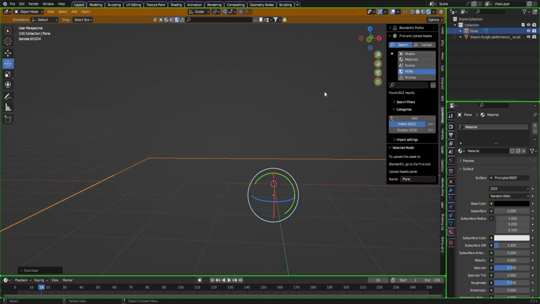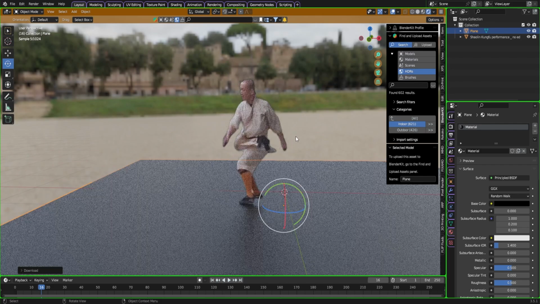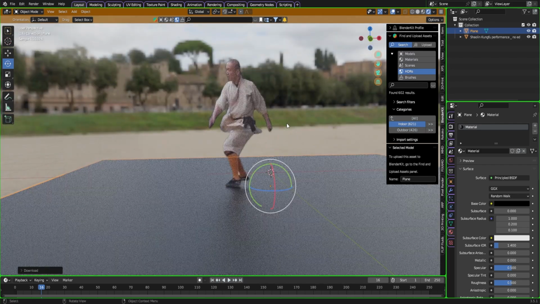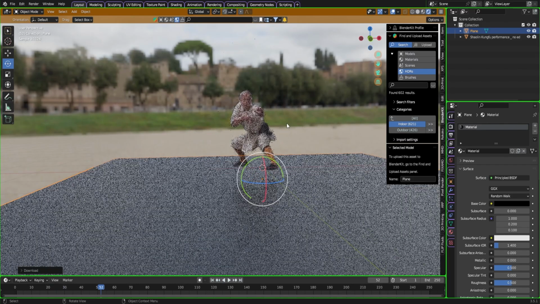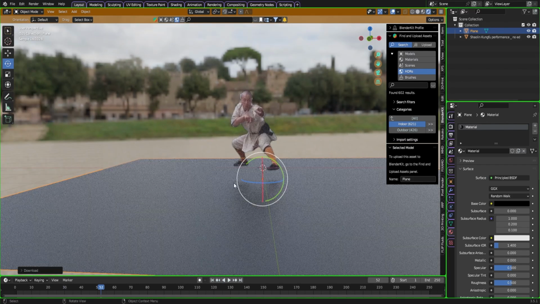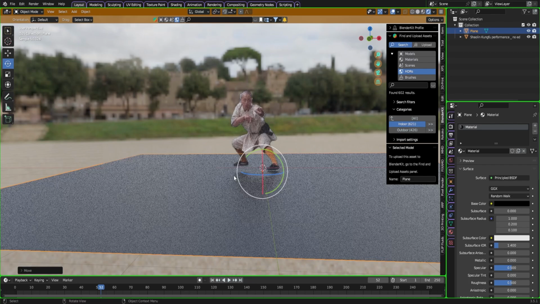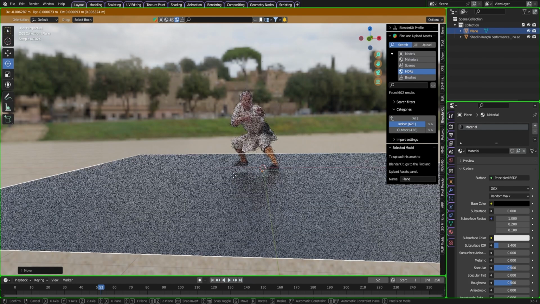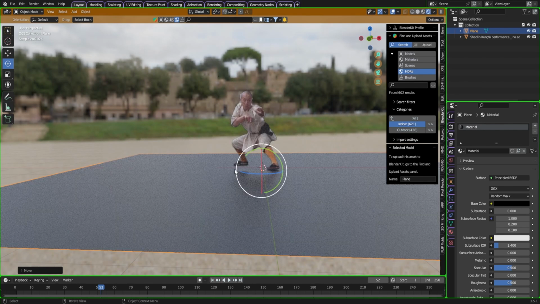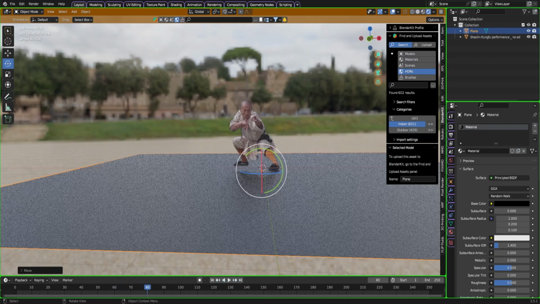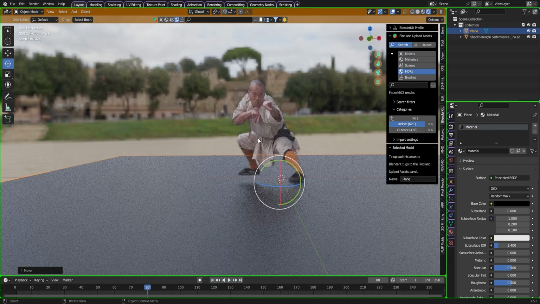Then we can turn on our full viewport shading mode. And as you see right here, we have our Shaolin dude in our scene. He is playing, but it's going to look a little choppy until we render it out. So another thing to do is to keep moving the floor so it pans with the camera. But as you see, we got our full scene built in right now, and we can just completely start